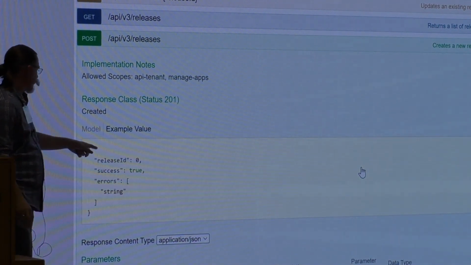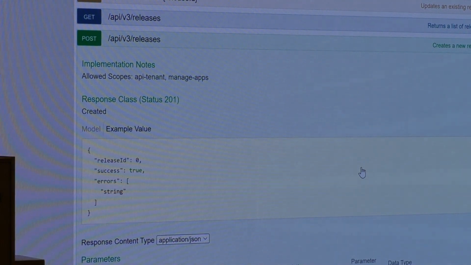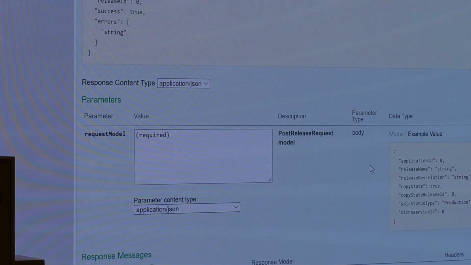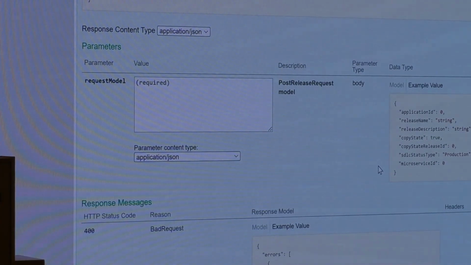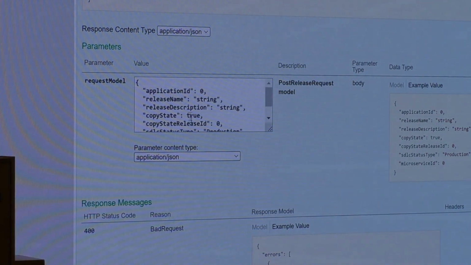And it's going to have to include the release ID number that I want to use. The parameters are below. This is where it gets really nice sometimes with Swagger. This actually shows me on the left side in white the request I'm going to make. On the right-hand side here, it shows me some samples. And if I click on that, it fills it in for me.